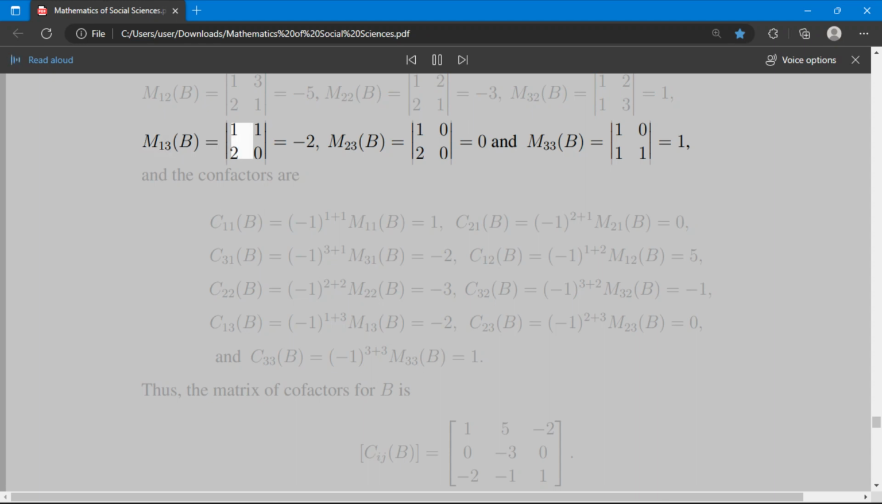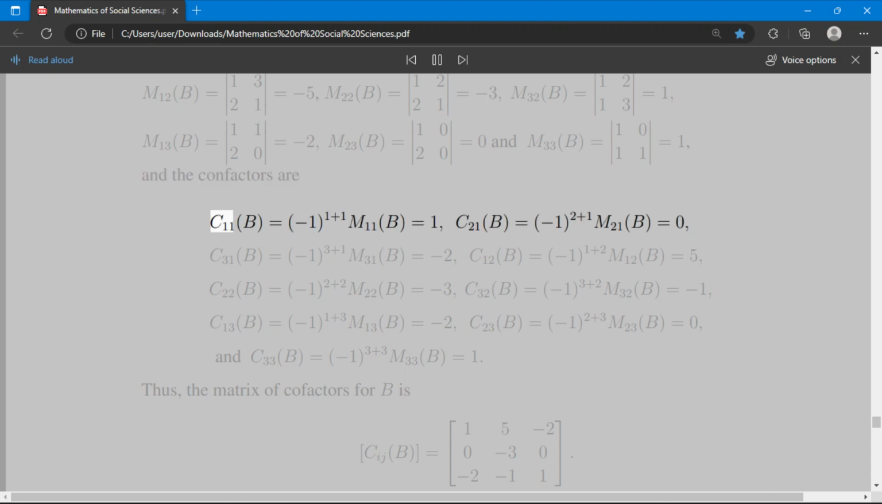M13(B) = |1 1; 2 0| = -2, M23(B) = |1 0; 2 0| = 0, and M33(B) = |1 0; 1 1| = 1. And the cofactors are